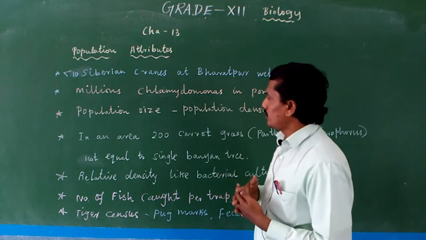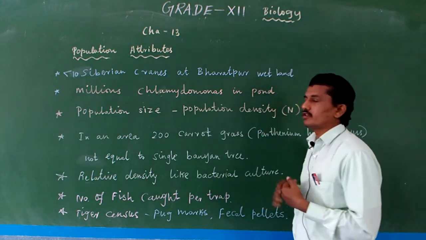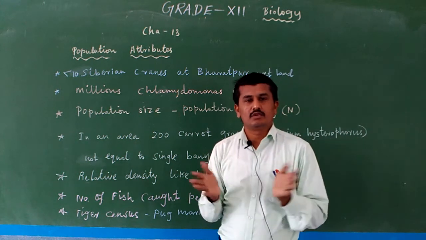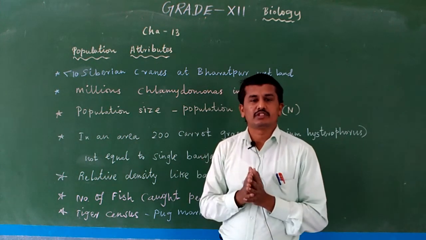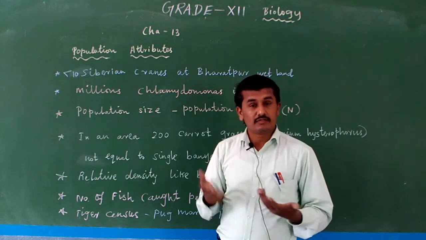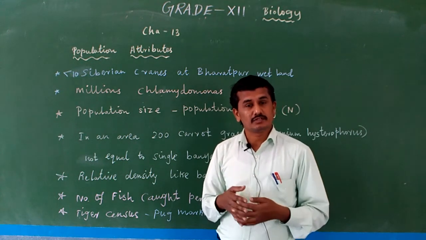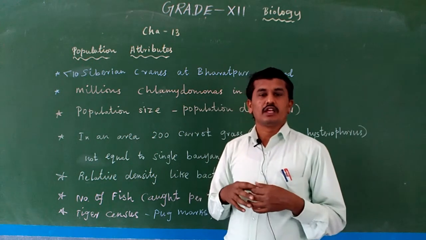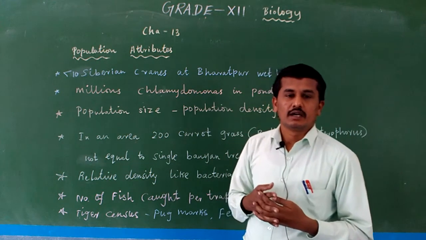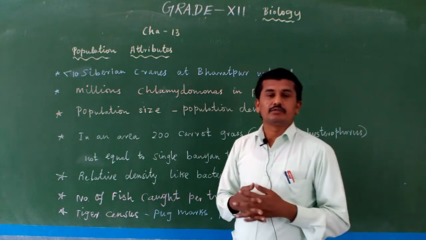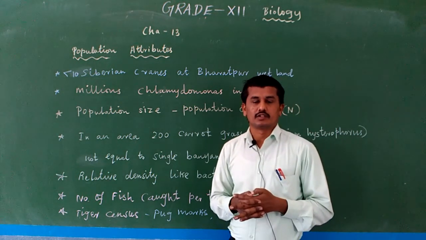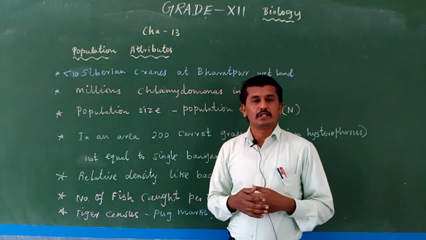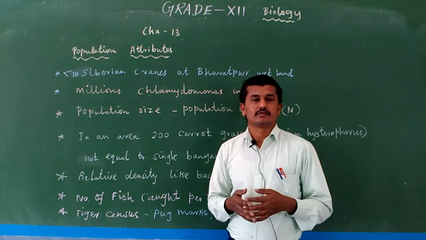Generally, population size is technically known as population density. Population size means, for example, we know there is a large human population, a large mosquito population, a small frog population, a small fish population, and small bryophyte and pteridophyte populations, but a large angiosperm population, particularly monocots, for example grass. So we count populations in various ways.